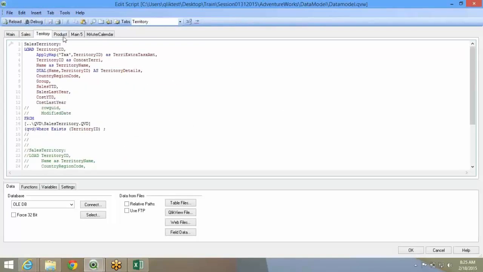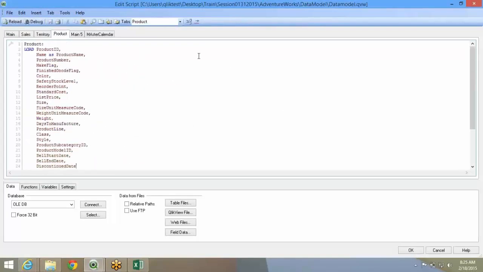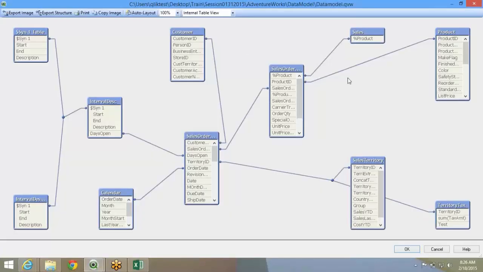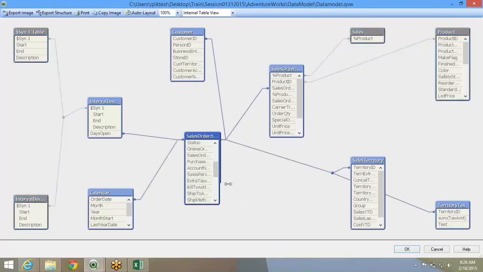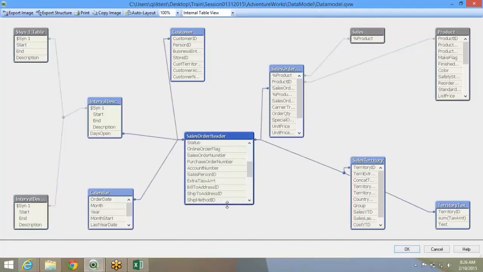Now while we are loading our database table, this is our existing data model. Sorry, this is our existing data model. We created this data model. Now you realize as a developer, okay, this is not a real-time or a production scenario that you can work on, but as a developer, you realize that you have the ship method ID, or special offer ID. Have we loaded special offer ID? No, we have not loaded.